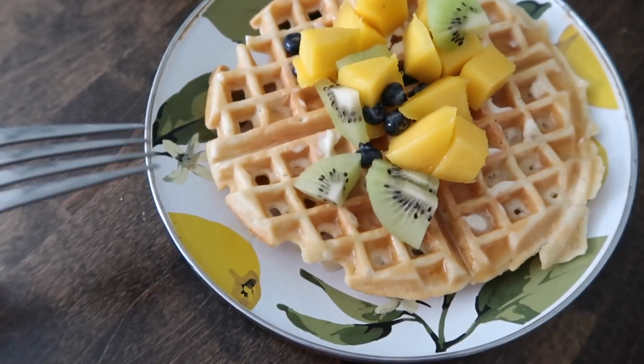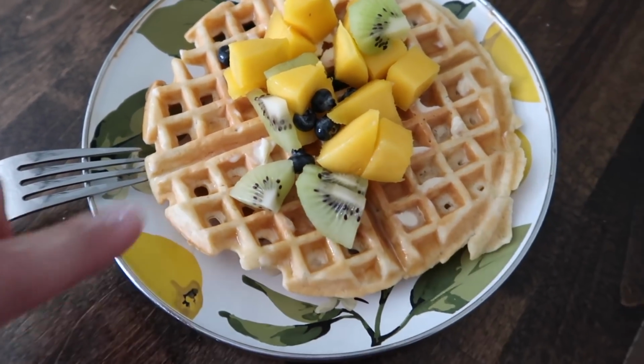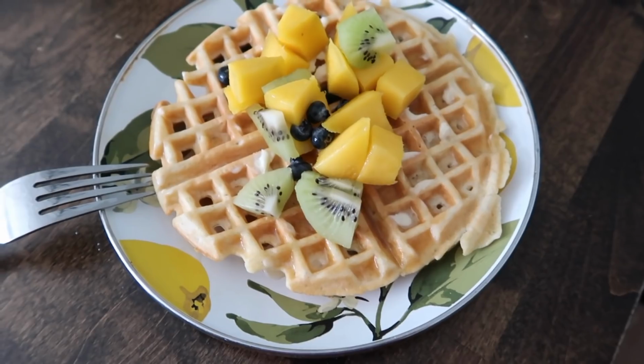I haven't yet eaten breakfast. I'm going to eat. 2 out of 3 kids ate. It's been a very relaxed morning for them because they're used to getting up super early for school, so if they can sleep in, they will. So I am going to eat and then clean up as much as I can, prep lunch, and then we're going to head out to the park. It looks delicious, and whenever I make waffles, there's always leftovers,